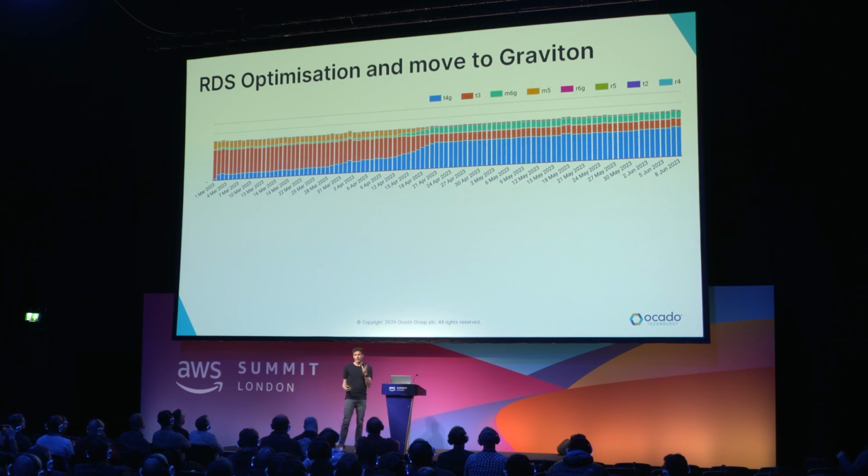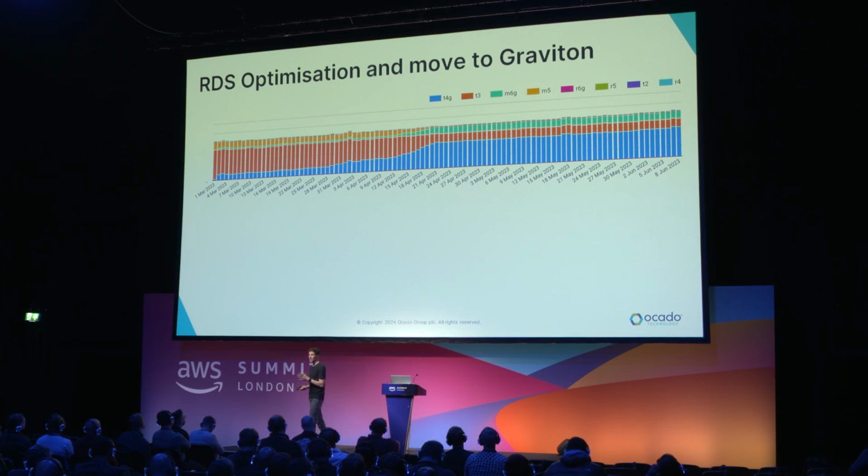Now, the third stage is that once we've done instance optimization and moved to Graviton, then we were much happier buying some reserved instances. So we committed to some one-year reserved instances, because you need to be comfortable with that. You need to know you're not going to change the instance type, and you need to know you're buying the right amount. And so we're able to achieve about a 1/3 saving using reserved instances as well.